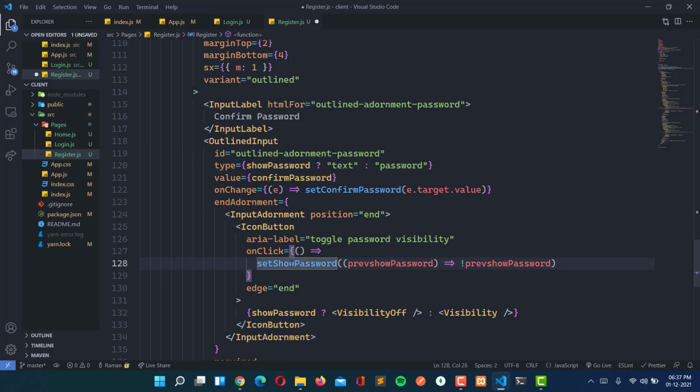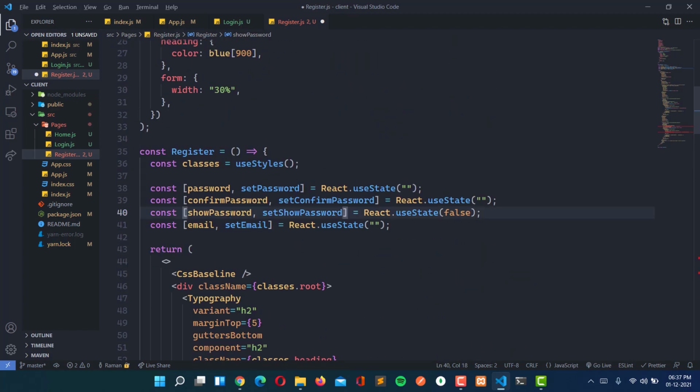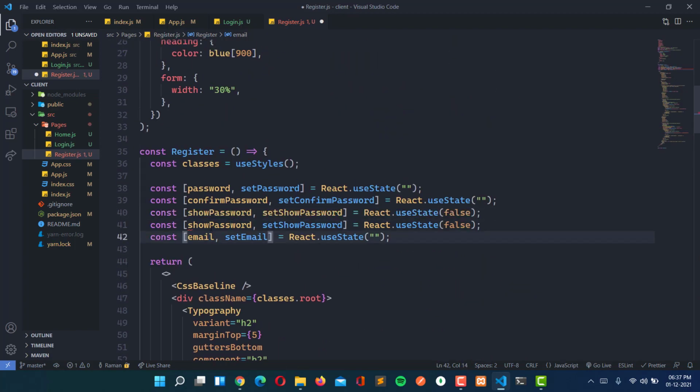That's why we have to create another state also. So here I'm going to write setShowConfirmPassword, and here will be showConfirmPassword. Let's create the state for this, and I'm going to replicate this, and here will be showConfirmPassword and setShowConfirmPassword.